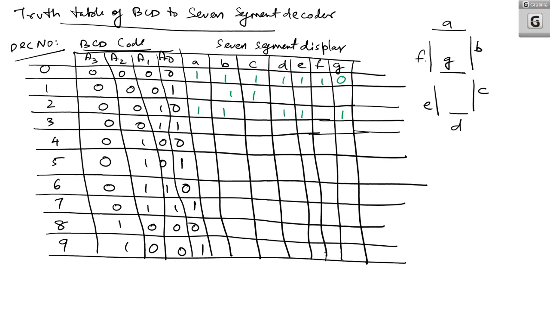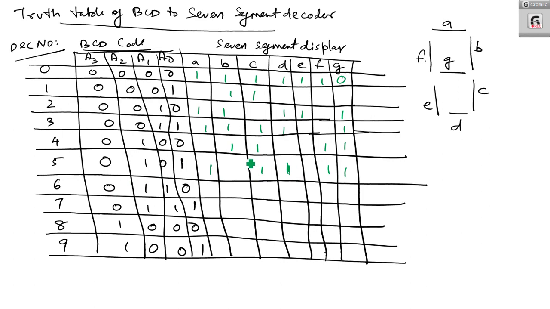Now to display 3: A, B, C, D, G. Now to display 4: F, G, B, C. And to display 5: A, F, G, C and D. C and D should be on. Now coming to 6, you should have